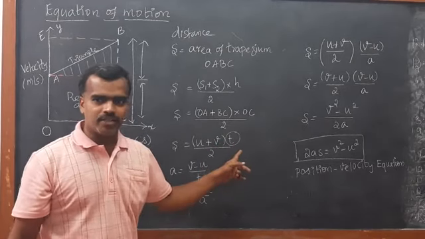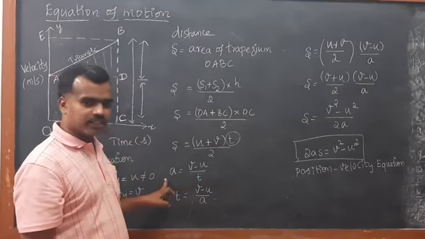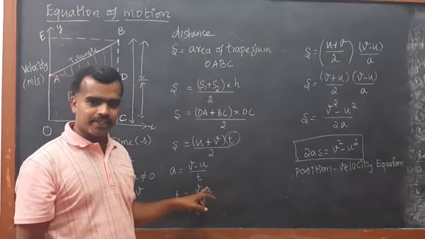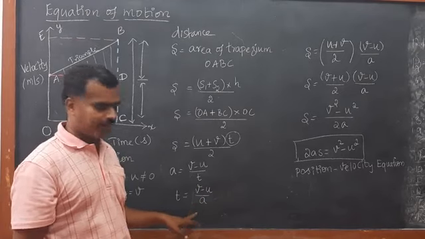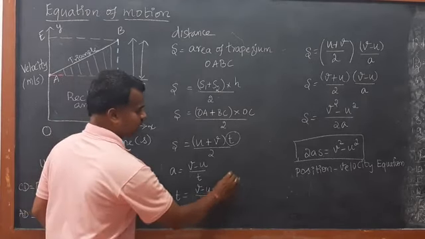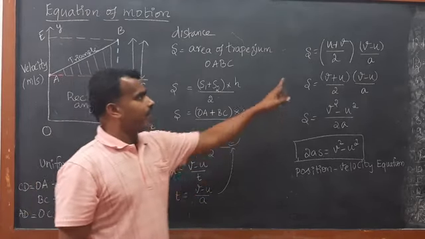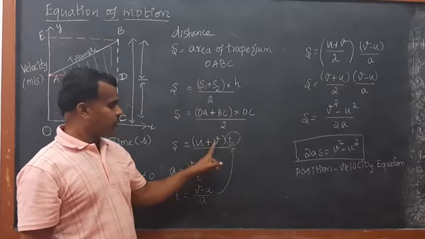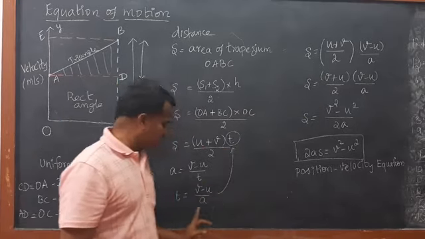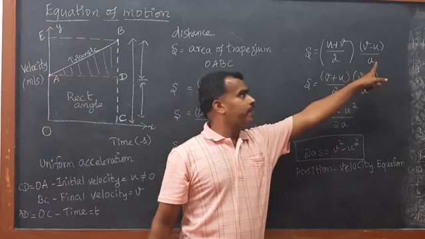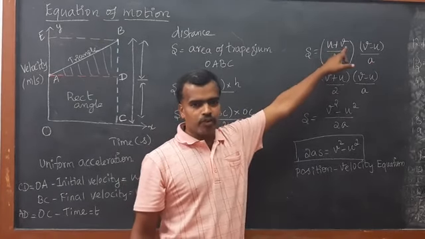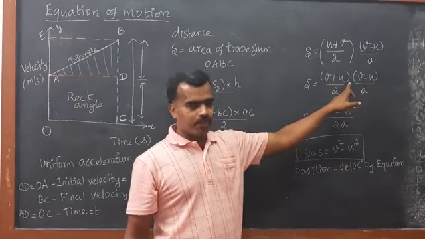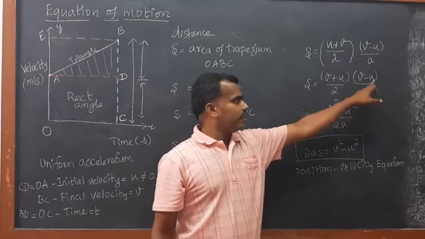Right? Here we are going to do again some small steps. We have T, right? So according to acceleration, A is equal to V minus U by T. Therefore, we can rearrange T is equal to V minus U by A. So substitute this equation here. So S is equal to U plus V divided by 2. What is T? We have V minus U divided by A. And just rearrange this equation. S is equal to, instead of U plus V, I am going to write V plus U divided by 2 into V minus U divided by A.